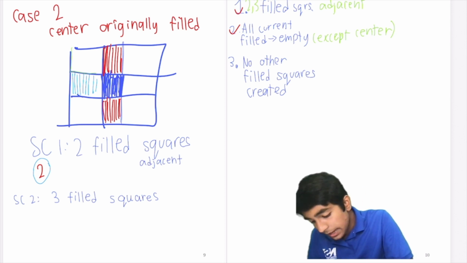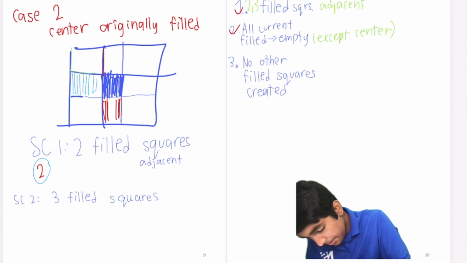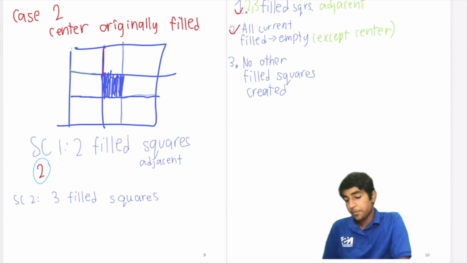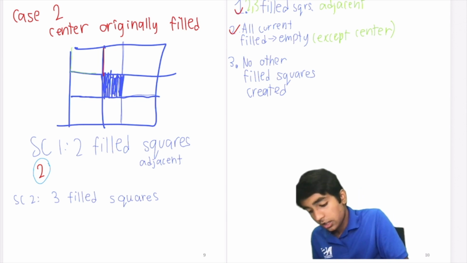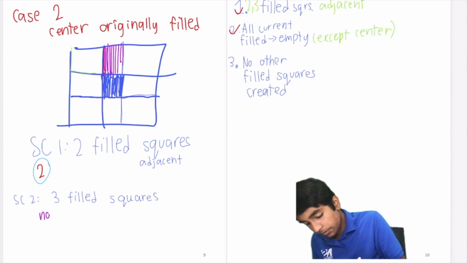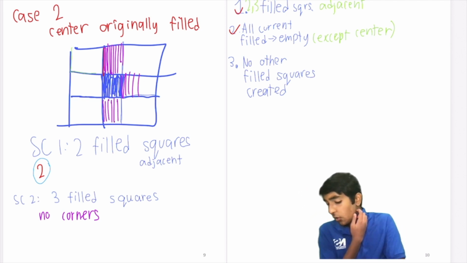Now what about 3 filled squares? Okay, let's see. So 3 filled squares means around the center square. Let's break it down into 2 cases here. One, none of the things are corners. So let's say they're all edges. None of them are corners. So if they're all 3 edges and none of them are corners,